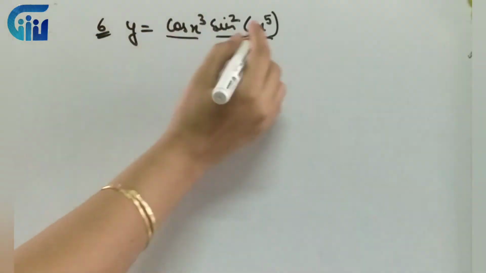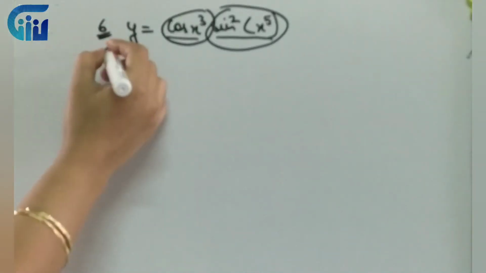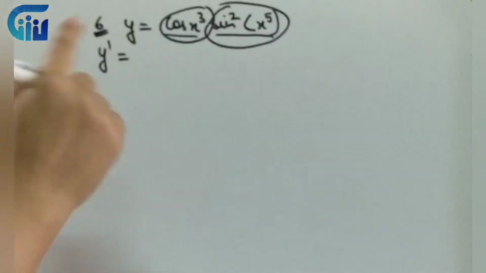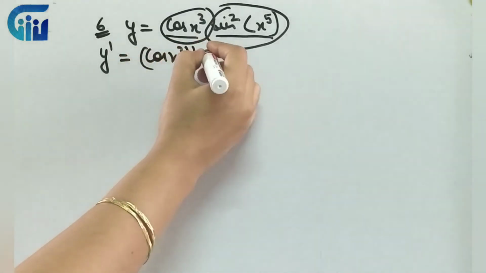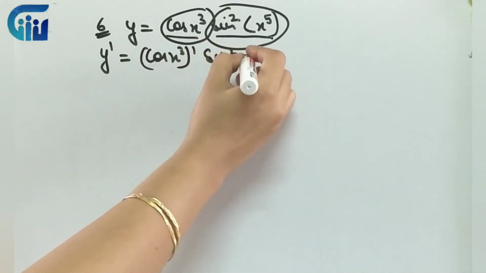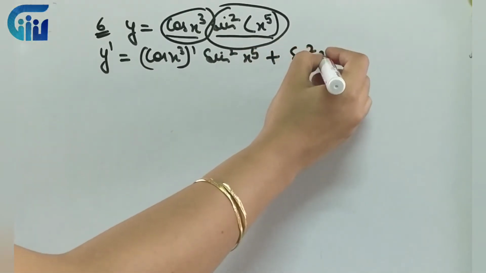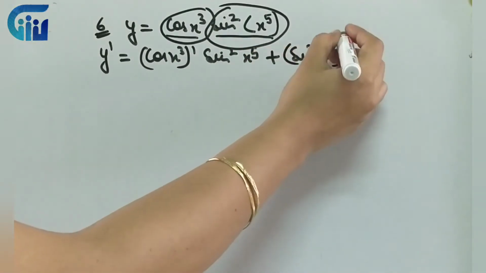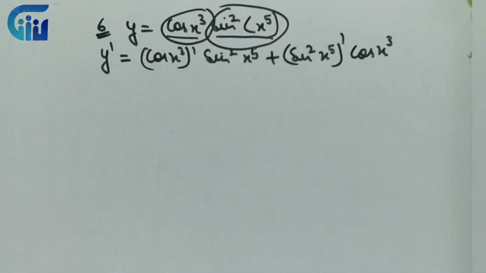This is the key point that you have to remember. So when I look at this question, what do I observe? That two functions are in multiplication. So I'll apply the product rule. The product rule says, I'll write the derivative of this, I'll keep this as it is, plus vice versa. Vice versa means उल्टा करना है. I'll write the derivative of this and इसको as it is रखेंगे, right?